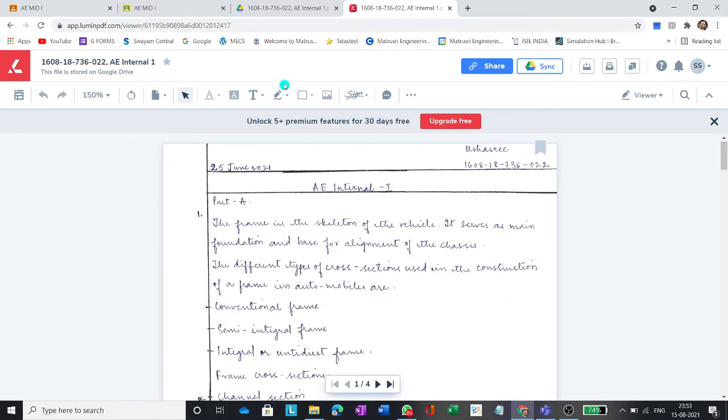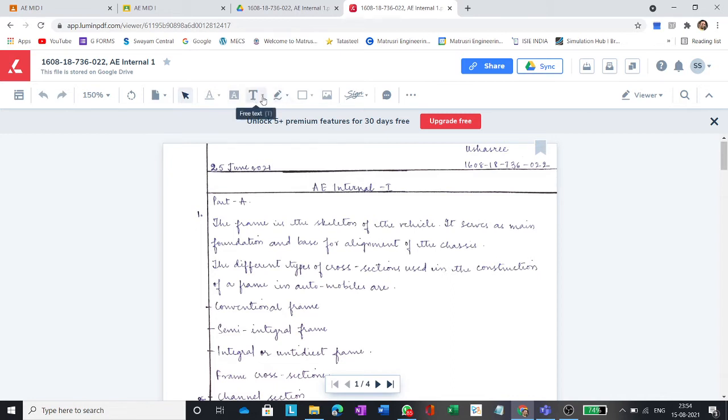Quickly I will explain what tools are required for the evaluation here. On the top right corner you have a viewer, in which mode you want to view. After evaluation you can share this file or download it. You can print; different options are given here. You can zoom in and zoom out with different percentages. You can rotate the paper. Suppose sometimes students show the paper in horizontal landscape mode, you can rotate it to vertical, and you have different controls.